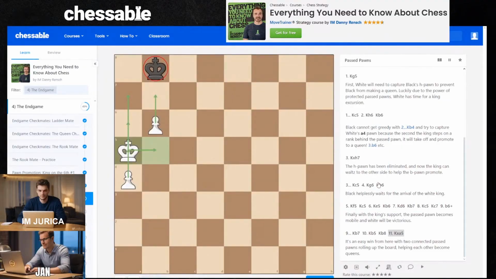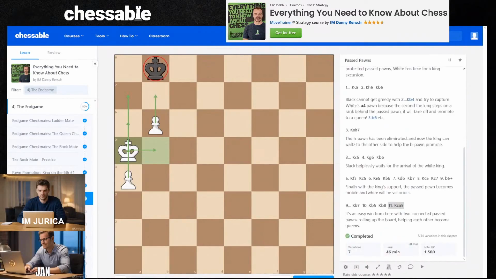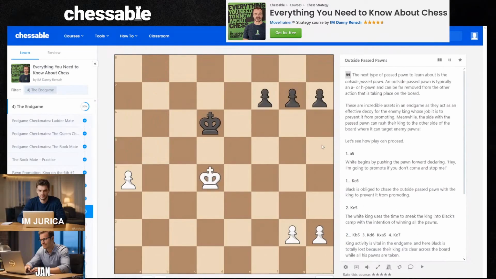Thank you, Danny, as always. So we are going to the next variation here, and that is outside passed pawns. So the next type of passed pawn to learn about is the outside passed pawn. An outside passed pawn is typically on an h or an a,